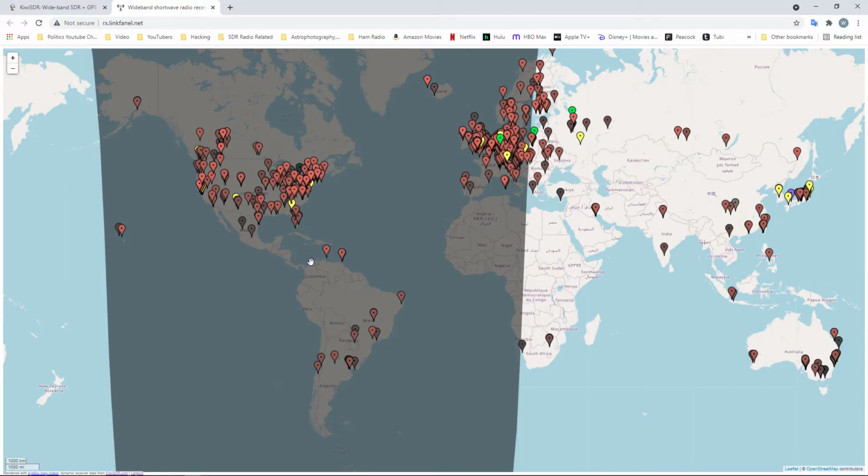And lately, 160 and 80 meters has just been super busy, and really good reception. And so I'm really appreciating how wide open these HF bands are.